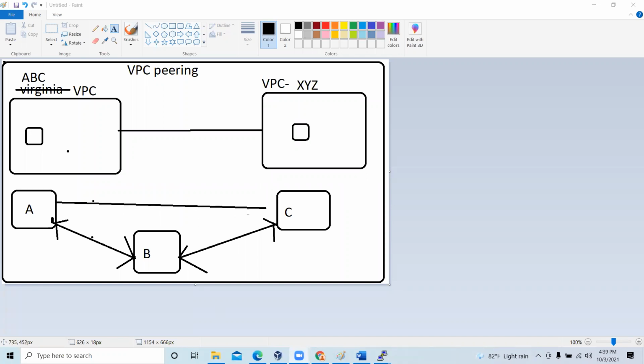Okay, these both are not paired. There should be a peering connection. Otherwise, A and C are not paired. There should be a separate peering connection with A and C. Then only these